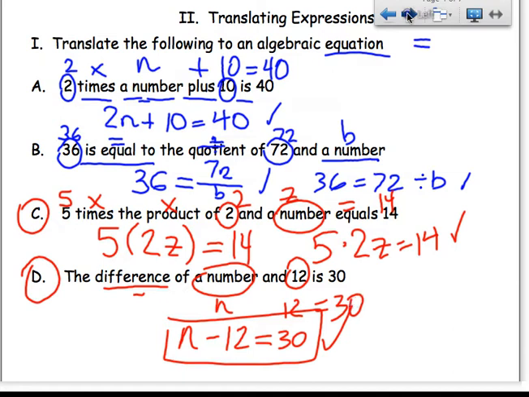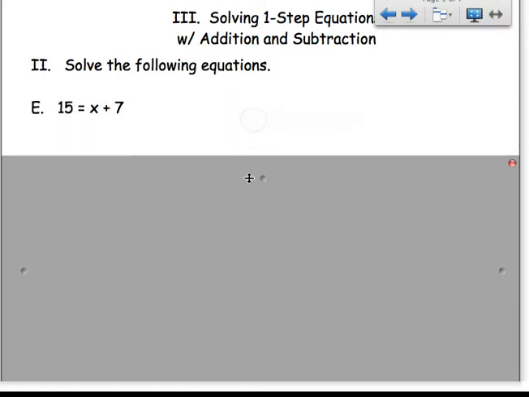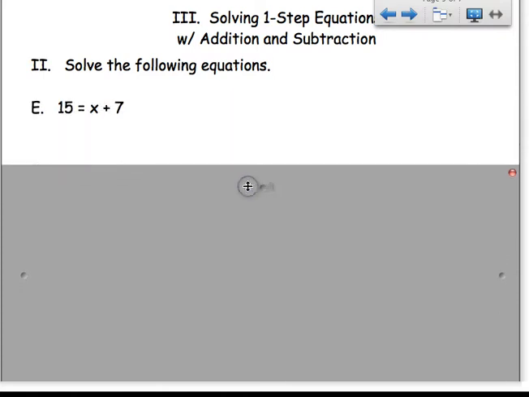Now it's time to solve one-step equations, which is a slightly different skill. We're going to be solving equations first with addition and subtraction. Whenever you see addition and subtraction, the very first thing we're trying to cancel is the constant. A constant is a number that's all by itself, that is not being multiplied or divided, but is being added or subtracted. So in order to cancel the constant and get x by itself to isolate it, we're always going to add the opposite